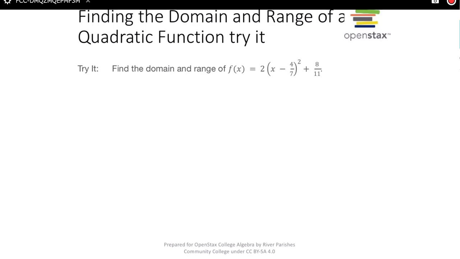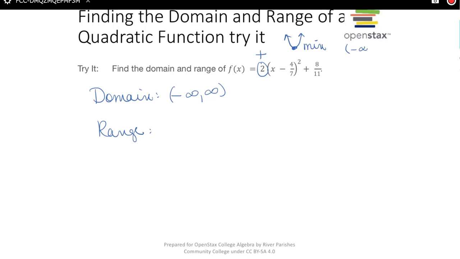Okay, hopefully you found the domain and the range of this quadratic function. So it's a quadratic. So the domain is all real numbers. The range. Okay, so let's locate A. A is positive, which means it opens up. If it opens up, that means I have a minimum. If I have a minimum, I'm going to go from negative, I'm saying that wrong. I'm going to go from the minimum, which is